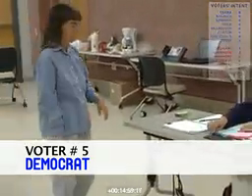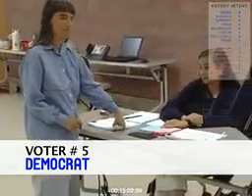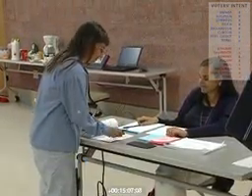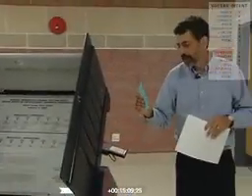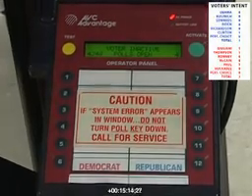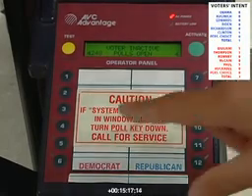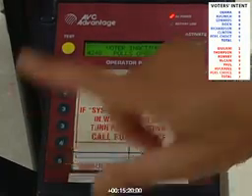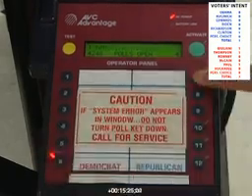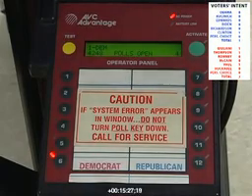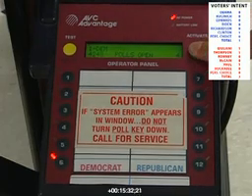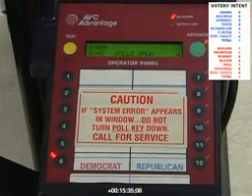Voter number 5 arrives, also a Democrat, signs into the poll book, receives a Democratic voting authority ticket, and hands it to the poll worker. The poll worker has been here since before 6 o'clock in the morning, and now it's approaching 8 o'clock at night. The poll worker is supposed to press the 6 button and then the activate button. If the poll worker presses the 6 button and then this button that's right next to activate by mistake, the polls aren't open. The poll worker can correct his mistake by pressing activate, and we're again in the same situation